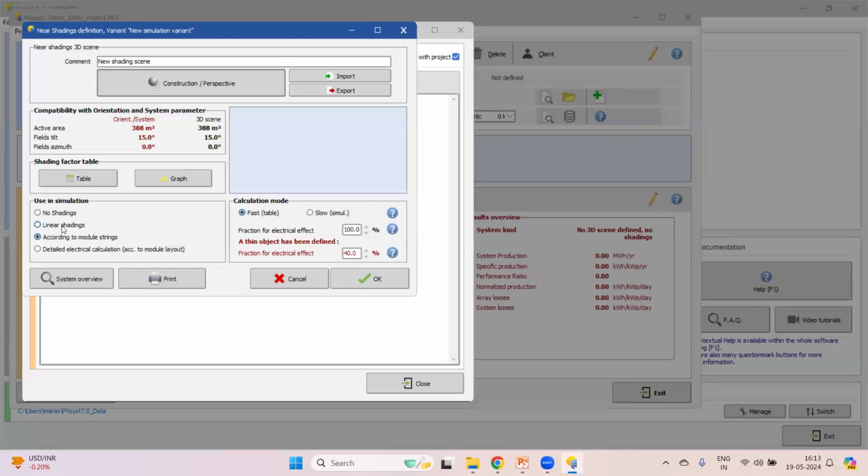And then there is linear shading. What does linear shading mean? It will only consider the irradiation deficit. Like when we have mutual shading or any other forms of shading on the PV system, it will only consider the irradiance deficit on the system, and it will calculate the output. But that is not actually true, because for PV modules connected in strings,